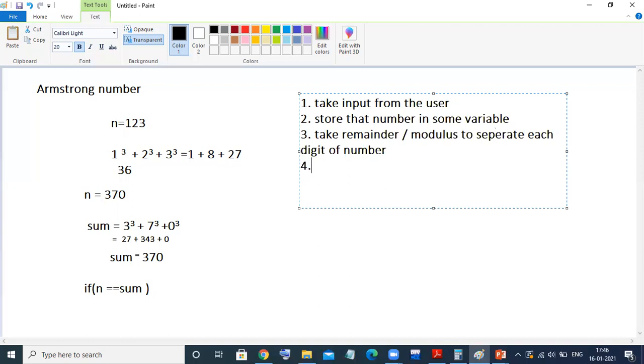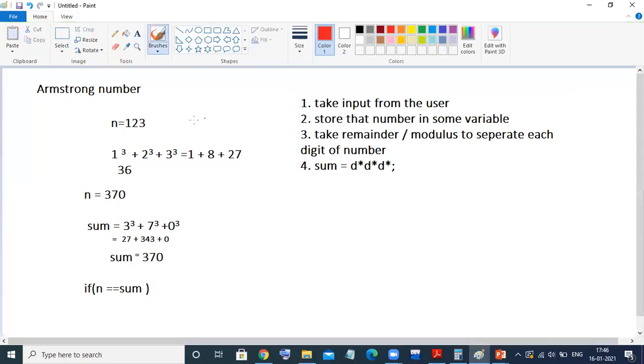Then the fourth step: we'll calculate the sum of those separated digits. If I consider d as my digit, I'll take d into d into d. This d is nothing but the remainder, the separated digit. For example, in this example, 3 will be separated.